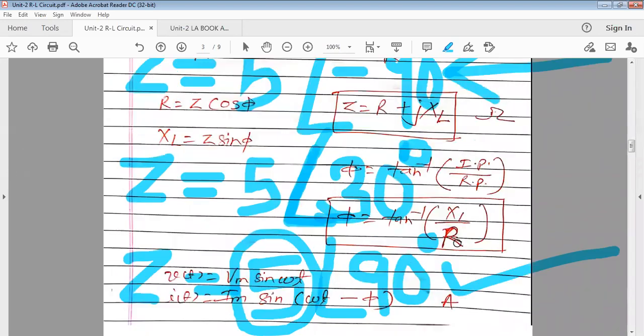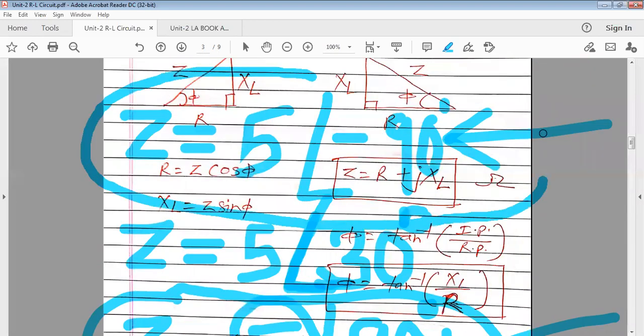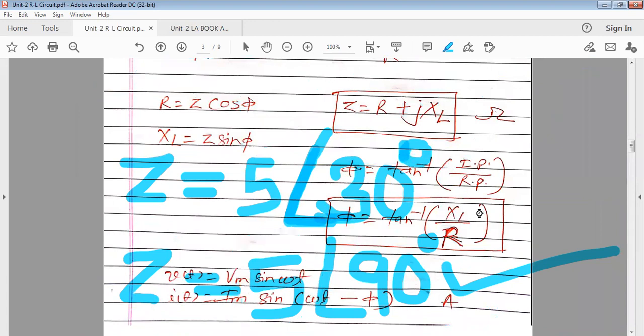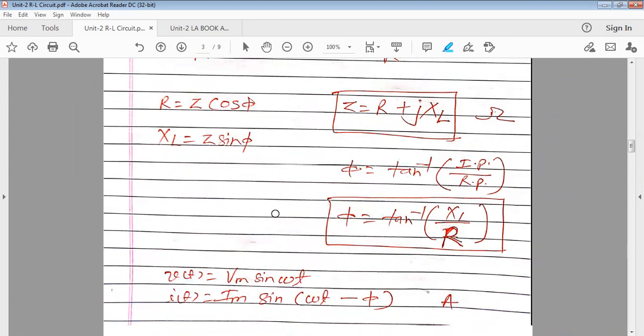Okay, so three things are there. First thing is whether phi is 90 degree or not. If it is 90 degree, then it is either purely inductive or purely capacitive. Plus 90 degree, purely inductive. Minus 90 degree, purely capacitive. And if it is not 90 degree, somewhere in between 0 and 90, then it's a series RL if phi is positive, like 30 degree, 40 degree. But if phi is negative, then it's a series RC. Because sometimes it is given like this and you have to identify which circuit it is.